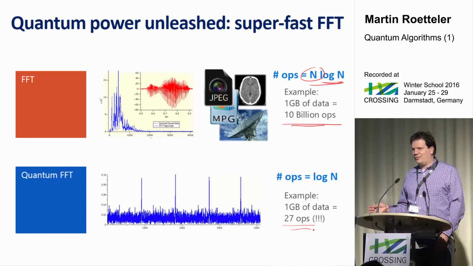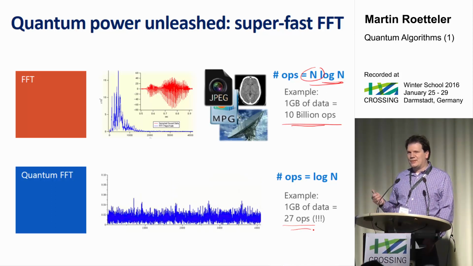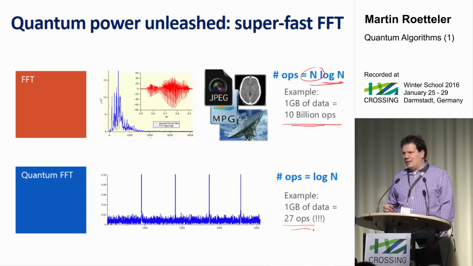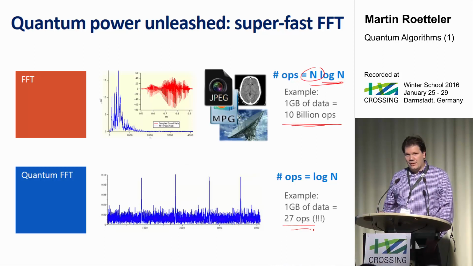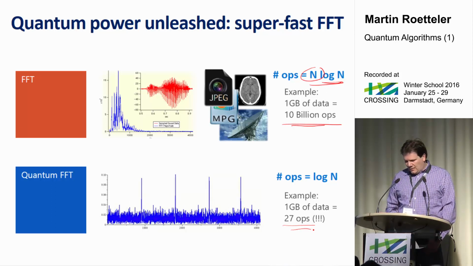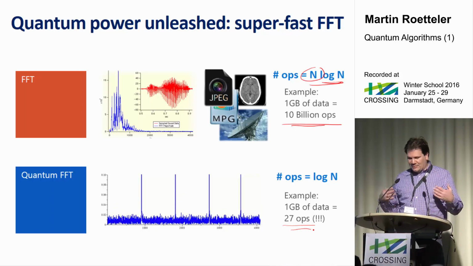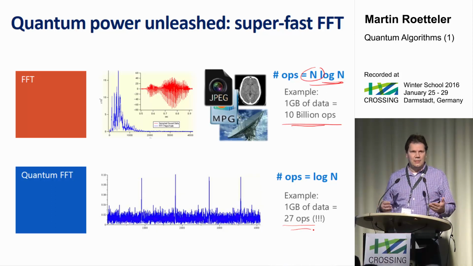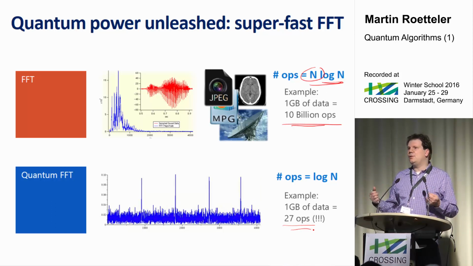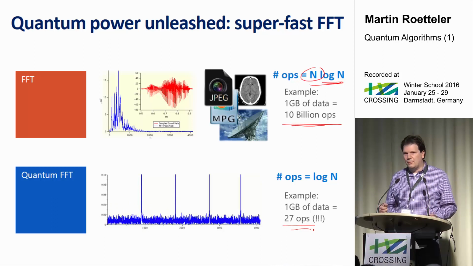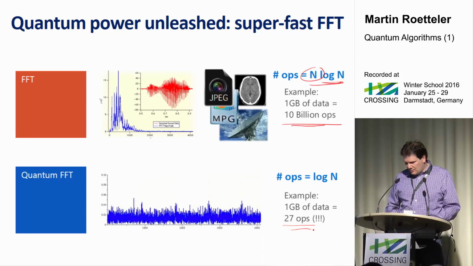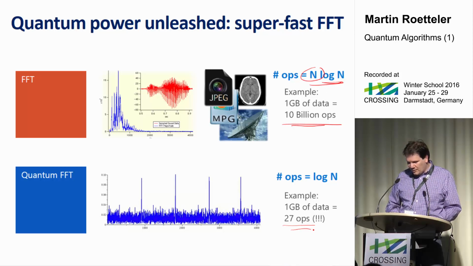That's really at the core of Shor's algorithm, that this is so fast that you can go from time to frequency so fast. And that's a unitary operator. That's really at the heart of Shor's algorithm. Okay, and what you see down there is that you can sometimes extract some peaks from a signal. So if your function is periodic and you Fourier transform it, you will usually see some peaks that tell you something about the period. And that's why we want to use the Fourier transform. I'll show that to you in a moment.